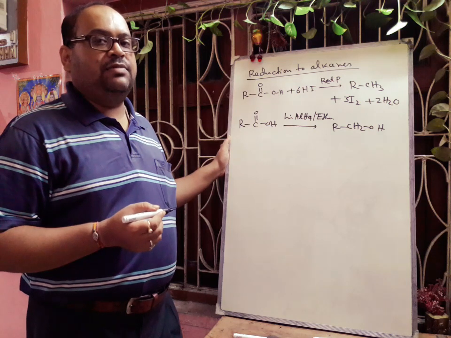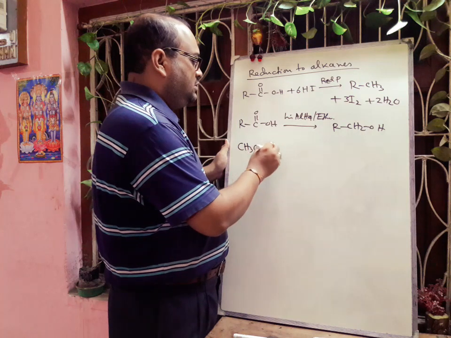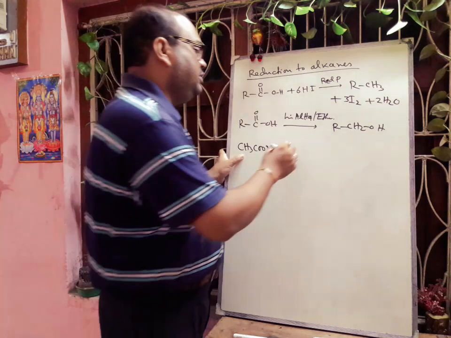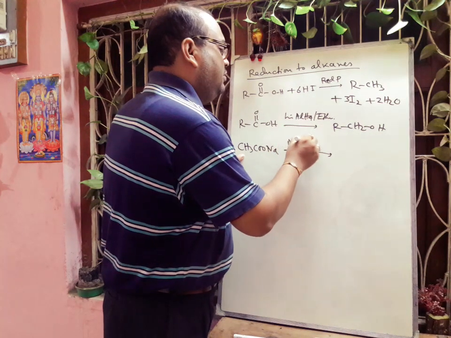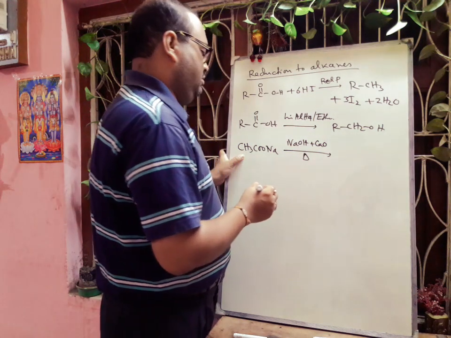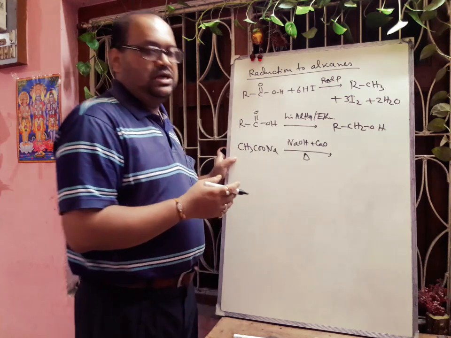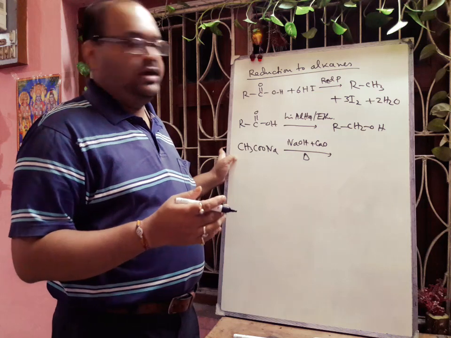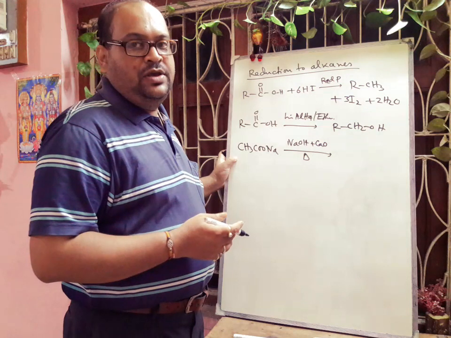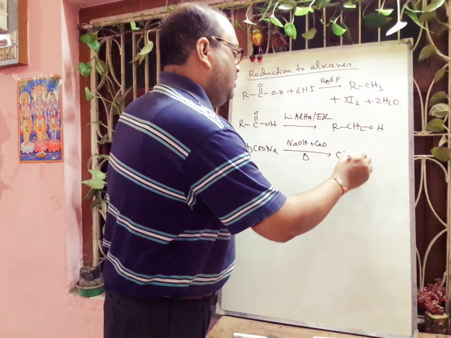Next we will discuss the decarboxylation reaction. If we add sodium hydroxide to carboxylic acid, it will form the sodium salt of carboxylic acid, and if we heat with soda lime, that is NaOH plus CaO, then there will be formation of the alkane and carbon dioxide. The carbon dioxide gas will react with the sodium hydroxide forming sodium carbonate. So here we will get the corresponding RH, for example methane gas.